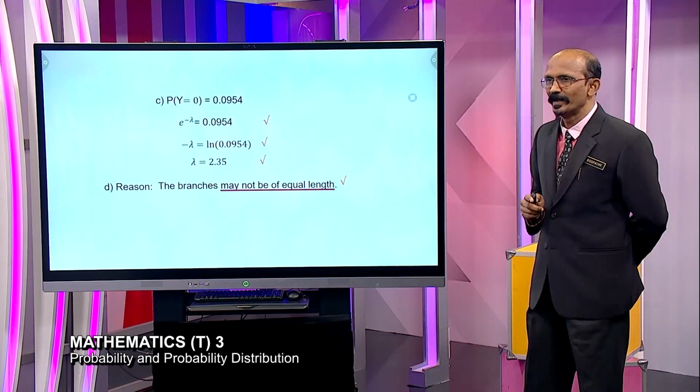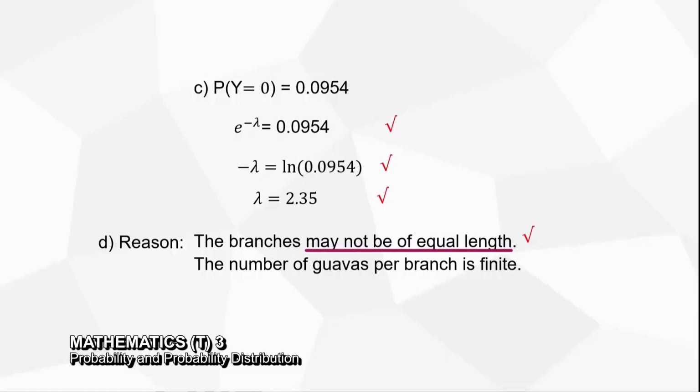The next one: a property of the Poisson distribution is that it can go until infinity. But in a guava tree, the most a branch can have is a finite number of guavas. We cannot have an infinite number of guavas. So that's why the second reason is